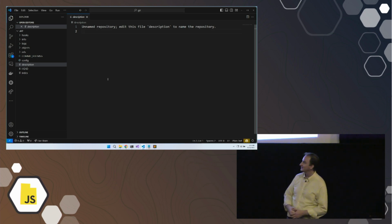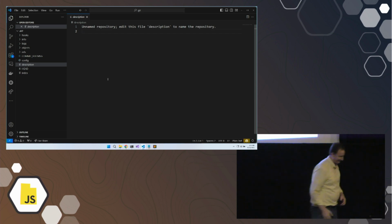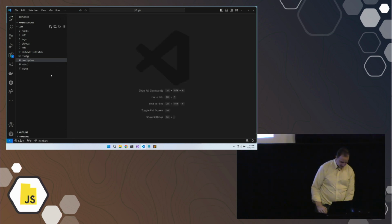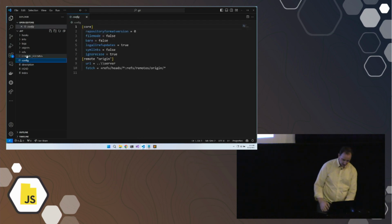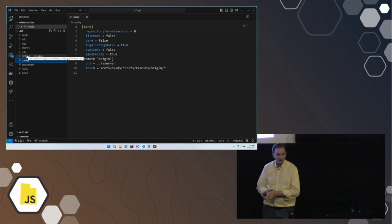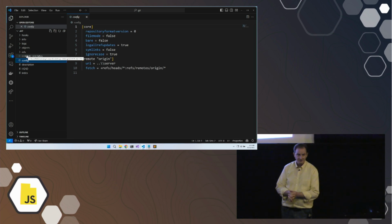Wow, I don't care at all. Git InstaWeb. It doesn't work on Windows, but that is really interesting. The last file we're going to look at is right here, the config file. Now this is an INI file. Did I just trigger anyone? But the cool part is this INI file, this config file, lists all of the settings that are specific to